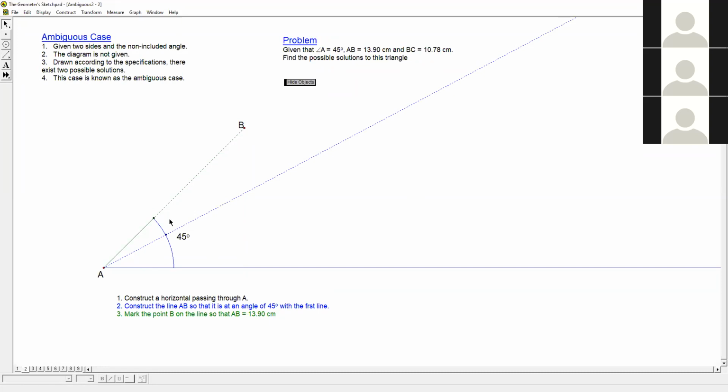You construct the 45 degrees first, then you construct the 13.9 centimeter. Now all the ambiguous case can be drawn like that. I'm just giving you a specific example. Okay, so in all your ambiguous case that you encounter,